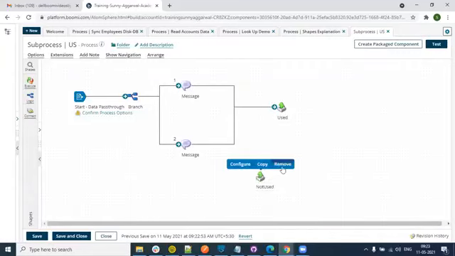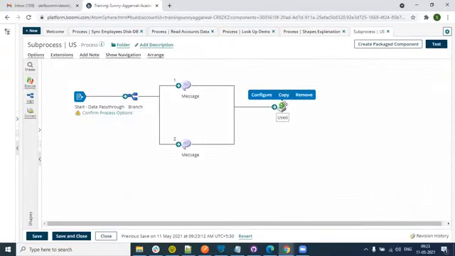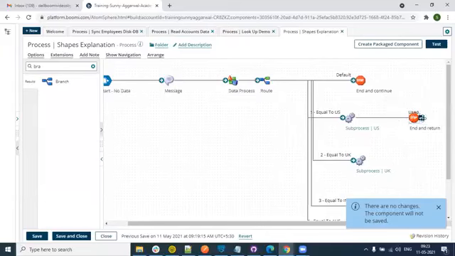So I will just get rid of this one. I will say remove. So when I say remove, now how many branches do we have? Only one, right? So for one branch, even if you don't give any name, that's fine. If we have only one return document shape, then it's up to you whatever you want to name it. But again, the best practice says that you should give a proper name. If there are multiple return document shapes, then definitely you have to give a proper naming convention so that things are more descriptive and easy to understand. So now I come over here to the stop shape,